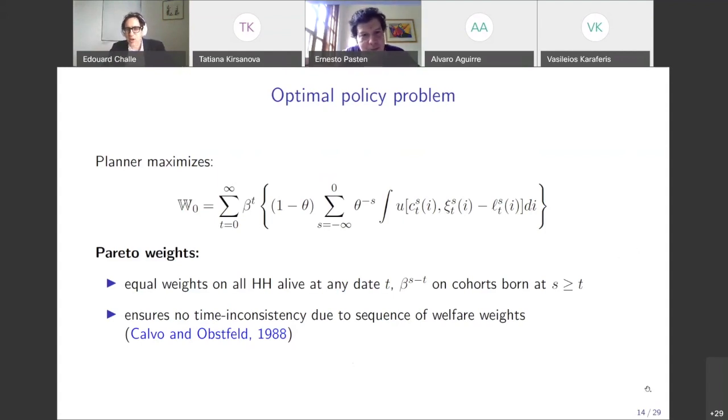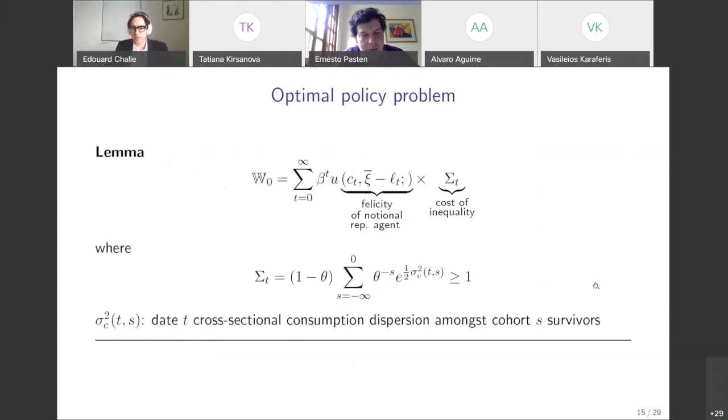Okay. What we're gonna do, and that is new to this paper relative to the other frameworks that have used the CARA-normal framework, is use the CARA-normal assumption to show that you can actually considerably simplify this expression. When you play with this equation sufficiently, over sufficiently many pages, at the end you reach this expression here. So this is saying that this complicated social welfare function can actually be separated into two components.